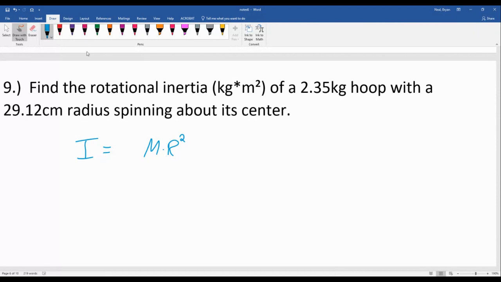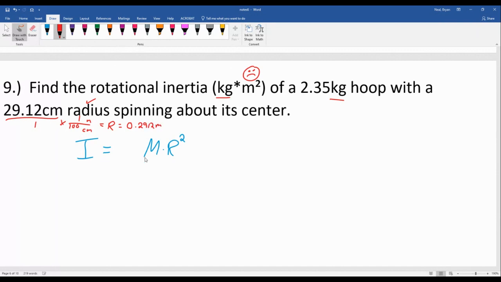Part of this information is ready. We've got kilograms in the requested units and kilograms in our information, but the meters squared are not yet represented. And it's a radius, so that was good, but we just need to do a conversion right quick. So think cents and dollars, centimeters to meters, 100 cents, so 100 centimeters makes 1 meter, similar to a dollar. That's going to mean that this radius, it's going to bump the decimal 2 times, or you can manually divide in the calculator. It's going to be